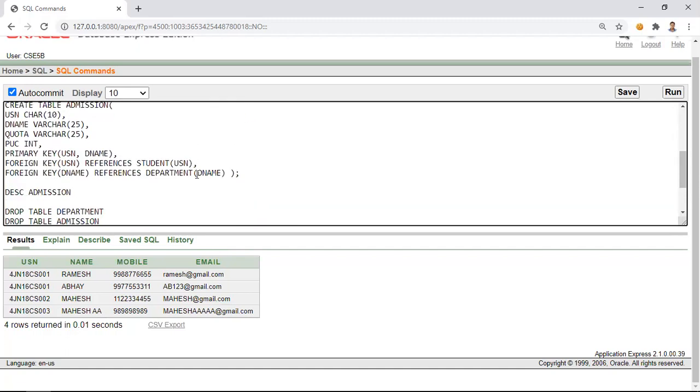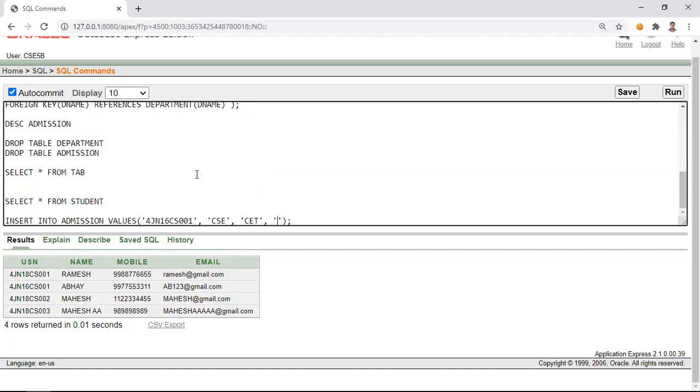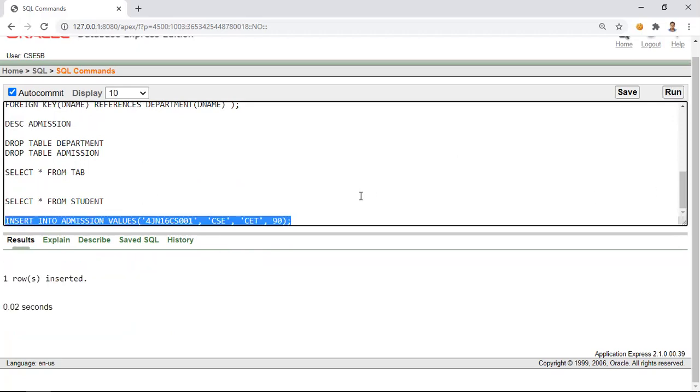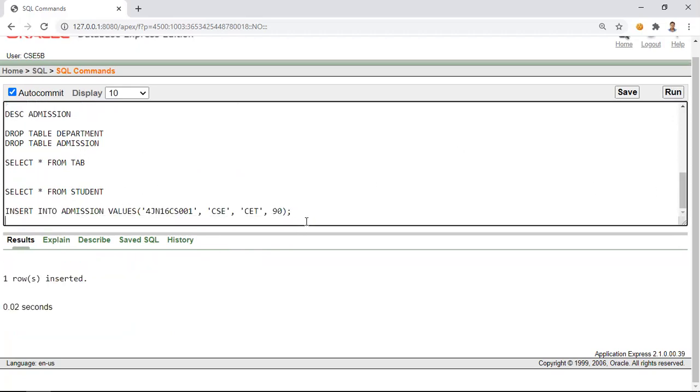So it is PUC. So let us put it as, yeah, it is an integer value, so 90%. So let us try to execute this. So this particular row is inserted. Now